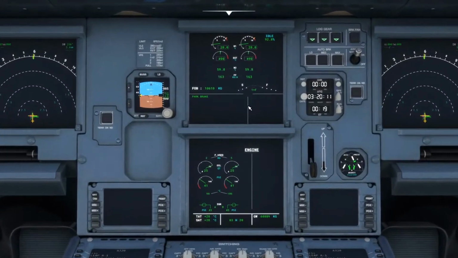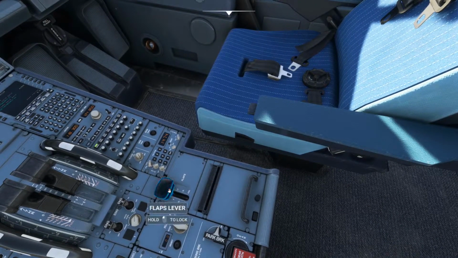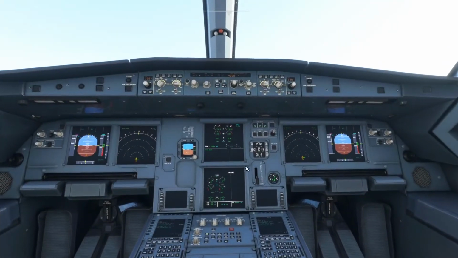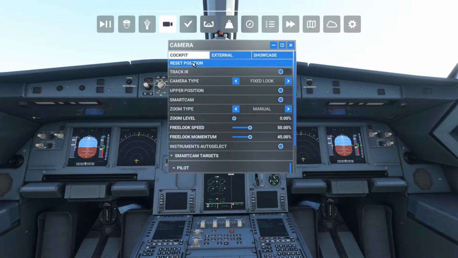Let's see. Yes, 1 plus F. Sorry. Actually, I'm using the mouse, so which is like 25%. If you left click in the mouse, you will see it setting. It's 25%. So 1 plus F. So now you can see that